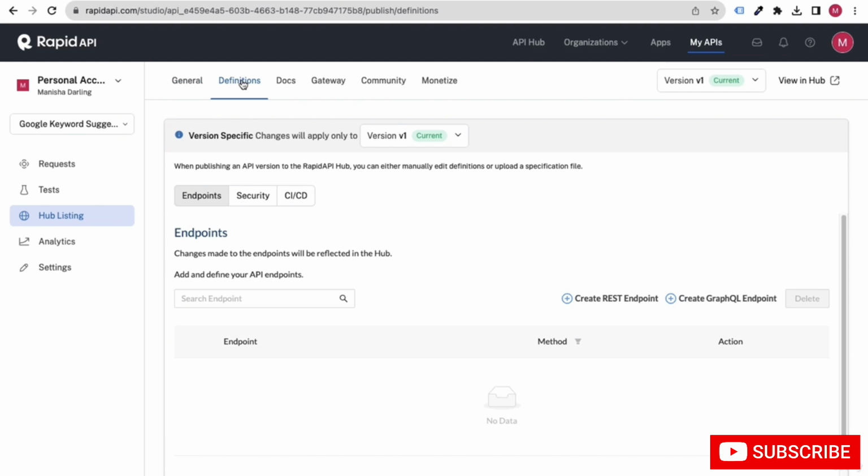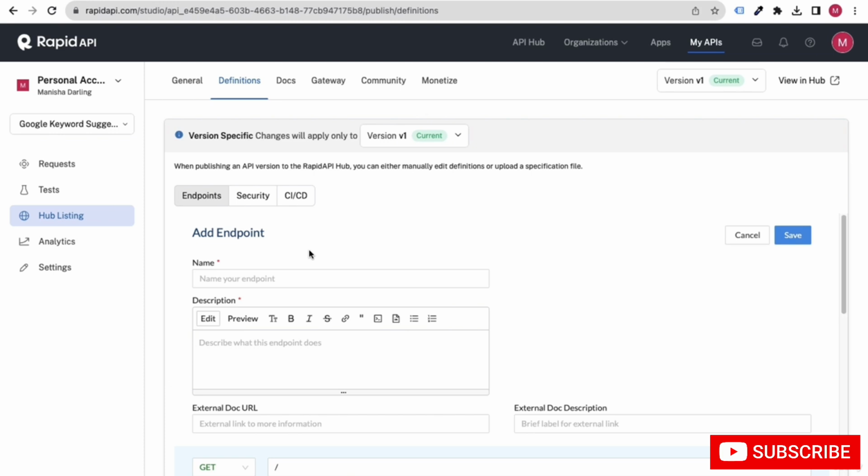From here go to the endpoints option, and from here you can create REST endpoints. Just click on that. Now you can add some endpoints.